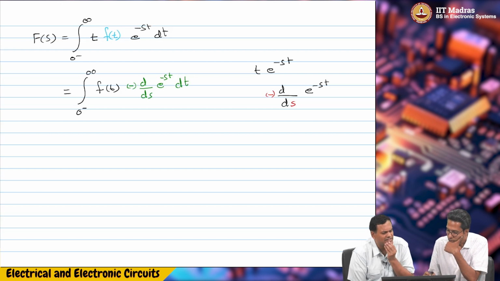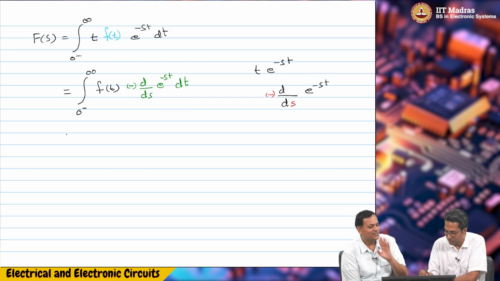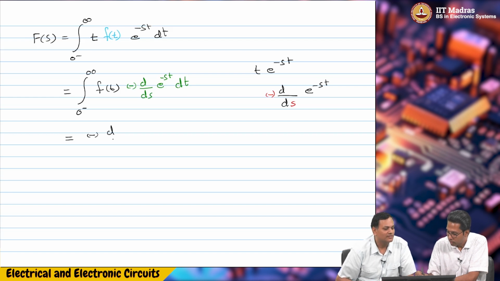Does this help us in any way? Now you want to differentiate first or integrate first and differentiate later. We looked at that property earlier, right? So you're integrating with respect to time variable, differentiating with respect to s, and the function is a function of both f of t and e power minus st. So what we'll do, we can interchange the two. Let me try d by ds